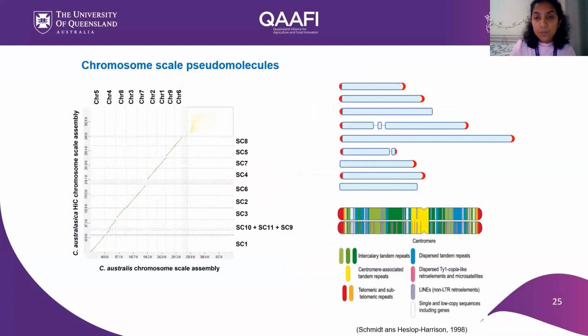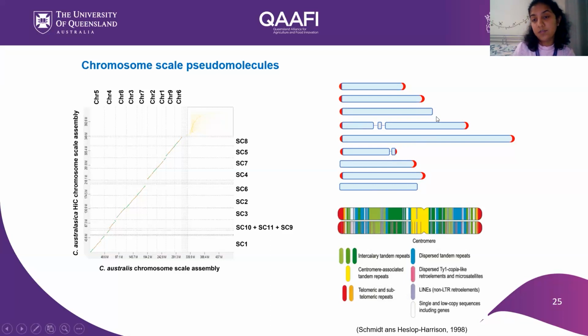So in this image, you can see that some of our scaffolds or pseudomolecules have telomeres at both ends, representing the 4 chromosomes. But in some scaffolds, we have telomeres at only one end, represented here in red as short pieces. And for some scaffolds, we have telomeres at no ends, not at either end. That is because they contain large clusters of ribosomal repeats and satellite repeats at the ends of these chromosomes. Usually HiFi reads can span most of the repetitive regions, but here they are unable to